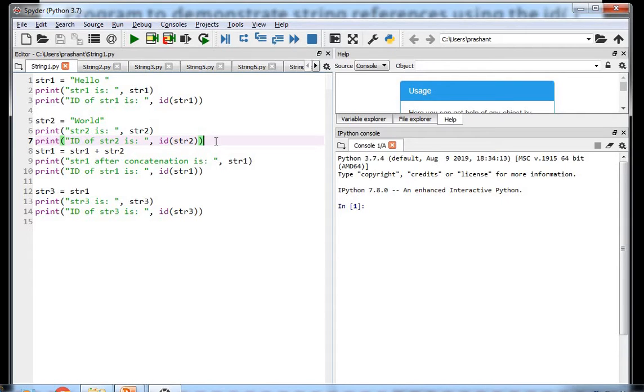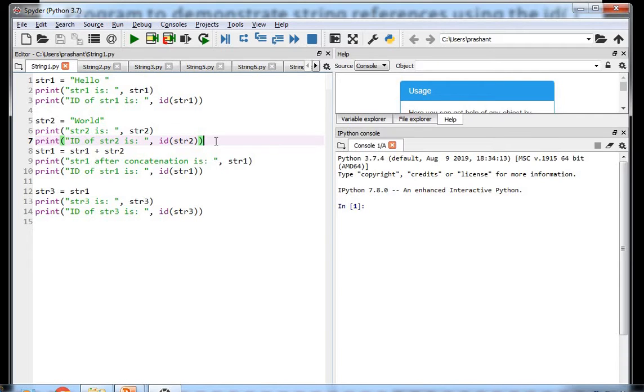At line number 8, we have concatenated str1 and str2 to form str1. So if you think about that, the existing str1 will be modified, but this is not the case. Whenever str1 and str2 are concatenated at line number 8 and stored in str1, at this moment it will create new string object